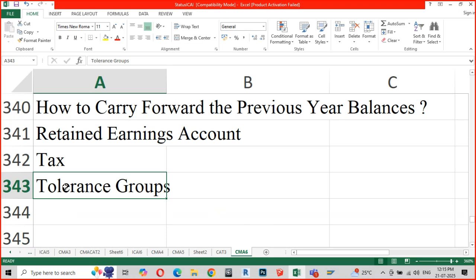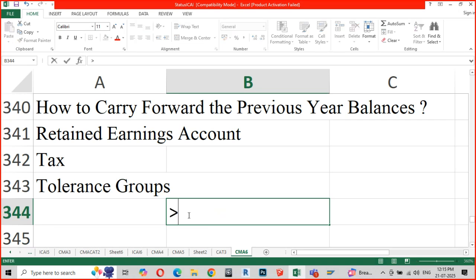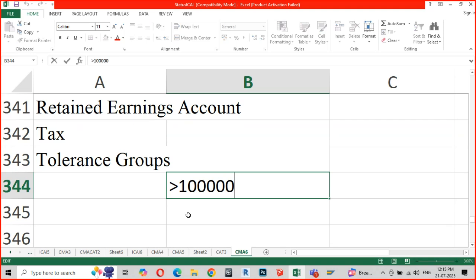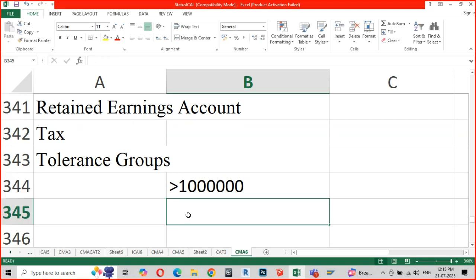Now, let us say I'm a clerk in the accounts payable section, and the management has decided that all the clerks in any of the departments should not be allowed to post invoices greater than 10 lakhs. So as a clerk, I will not be allowed to post documents greater than 10 lakhs.